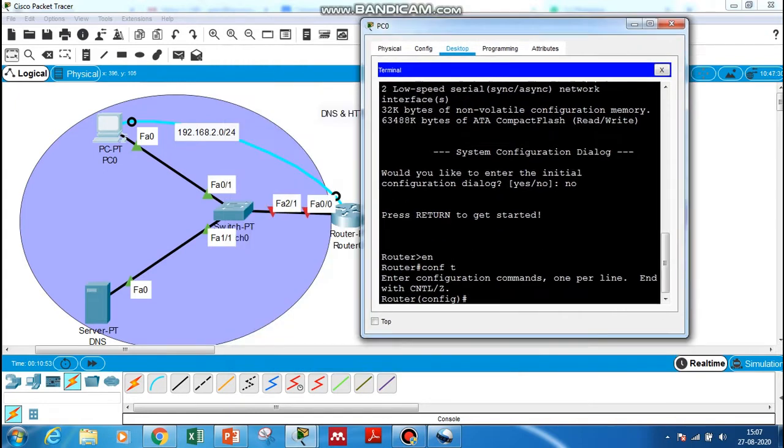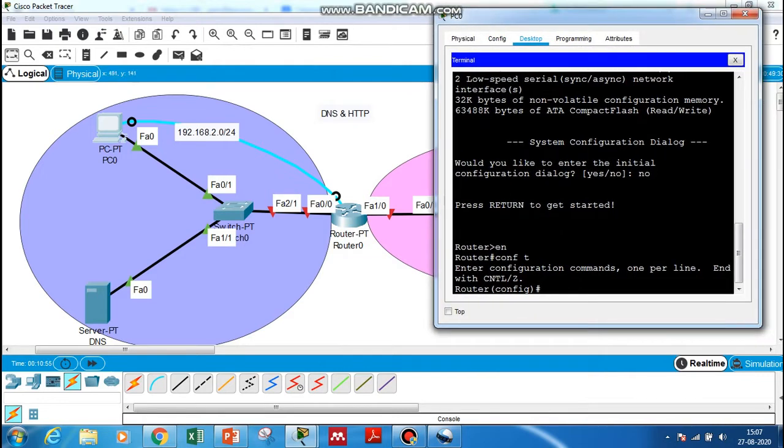So now find out what is the port number of yours here in the router. For me it is FA0/0. For you many times it will be FA0/0, sometimes it may change. So now I am going to give an IP address for it, int FA0/0.